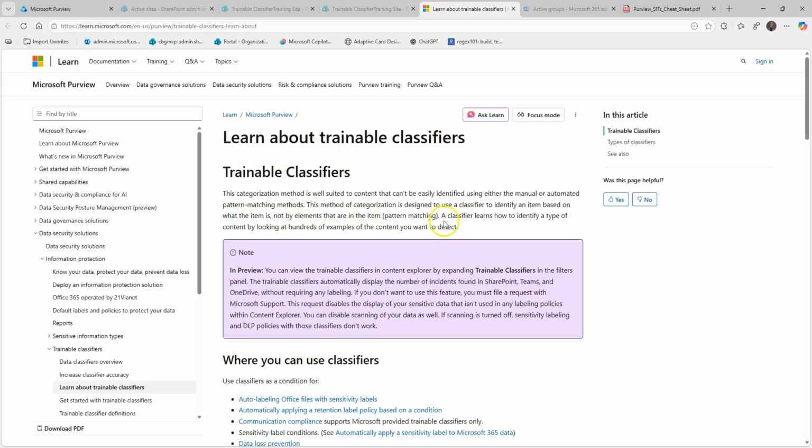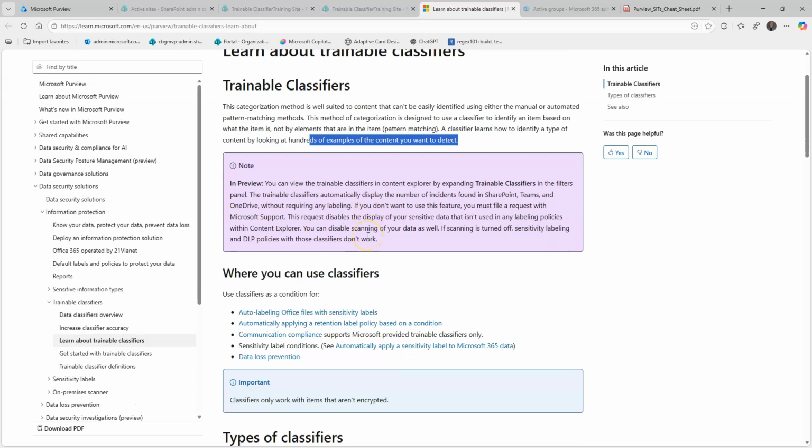It learns how to identify a type of content by looking at hundreds of examples of the content you want to detect. So we have to provide 150 to 500 items in a SharePoint site that are positive matches as well as negative matches for what we're